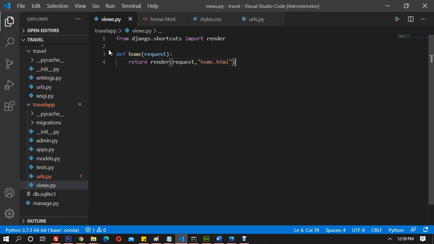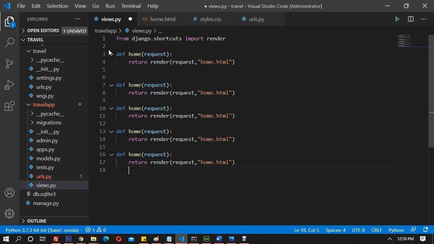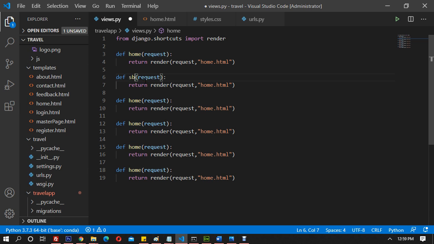All right, so home is already created. So I will go and create 1, 2, 3, 4, 5, maybe, who knows? Like, okay, now we have second one. And let me open templates, and this is about, so we have about, contact, we have login, we have register, right,